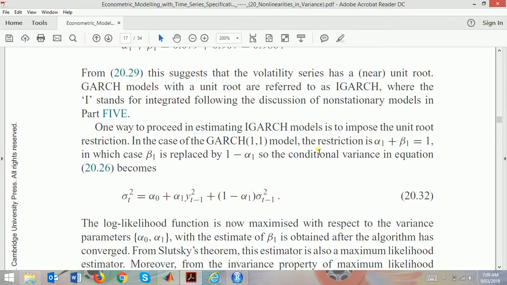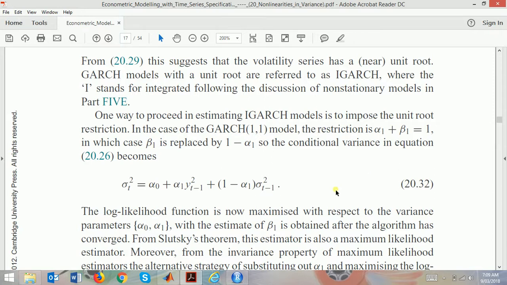Integrated GARCH model. One way to proceed in estimating an I-GARCH model, where the estimation is near unit root, is to impose the unit root restriction. So we can impose a unit root restriction. In the case of a GARCH 1-1 model, the restriction is alpha 1 plus beta 1 equals 1. We specify it very specifically,